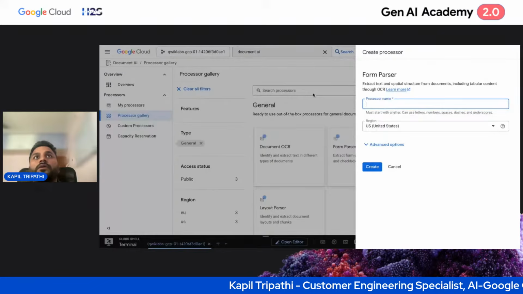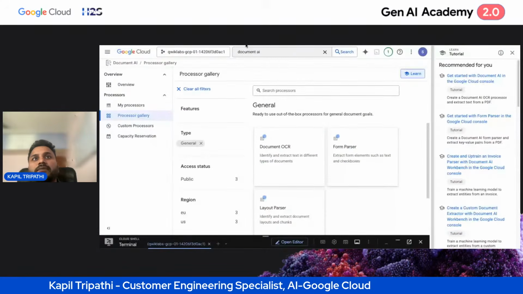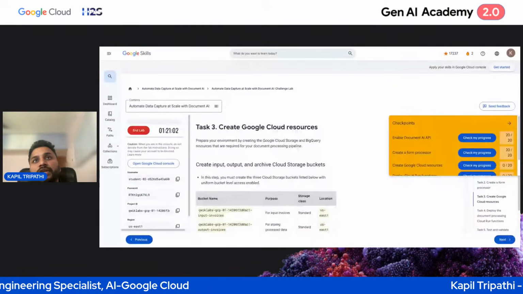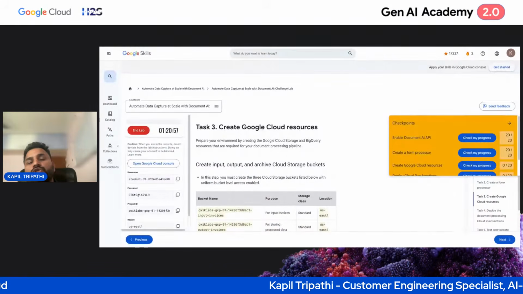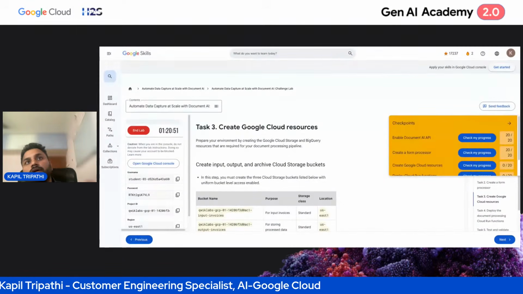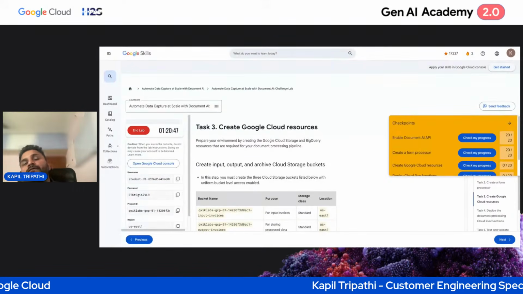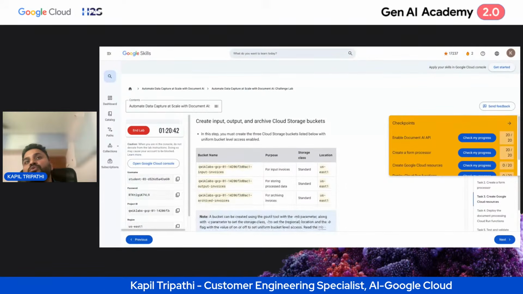Thank you. So what I will do is go to task 3, which is we need to create Google Cloud resources. Why are these Google Cloud resources required? It's just to have an input, output, as well as some usage for other tasks, like maybe archiving it. And for that, you need to create these cloud storage buckets, and you will be seeing that you have been